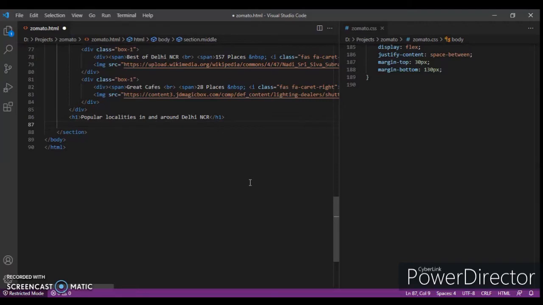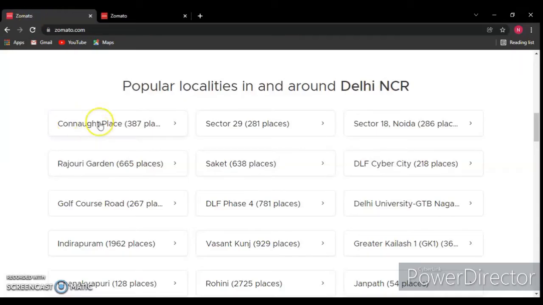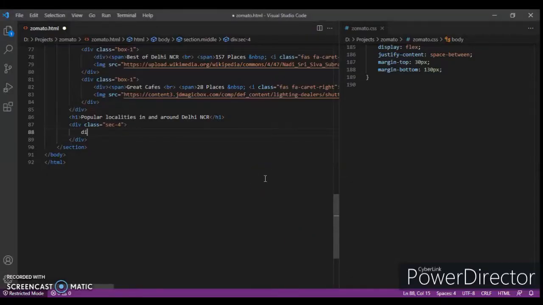Now we will create a div with class name section 4. Okay. And in this div we will create the box. Which box? This one box in which this is written. So for this box, create another div, and the class name is to be box2. Okay. Now create another div in it,